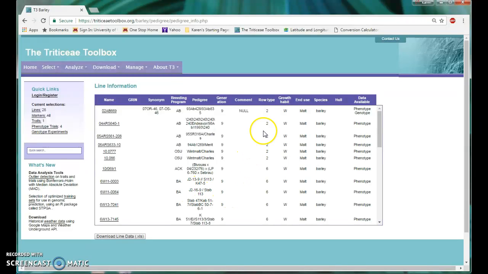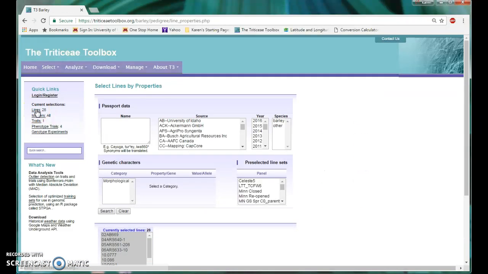Another thing you can see here, if you need to remind yourself, is a column for row type. It would be nice if there was just a way to click on the other sheet and say I only want to look at 6-row or 2-row. But right now, if you want to remind yourself, you can write down which one is 2-row and 6-row. We can go back to the sheet before and then deselect the ones you're not interested in. So we're going to go back to this selection, our 28 lines,